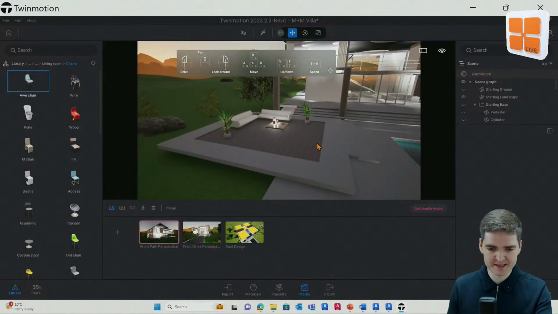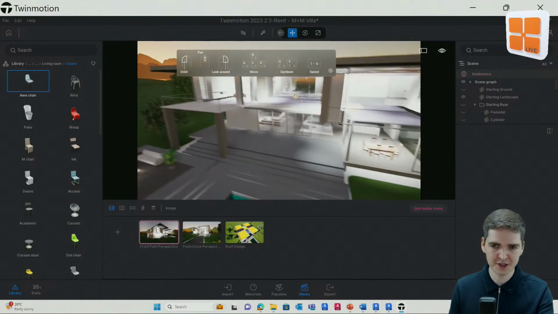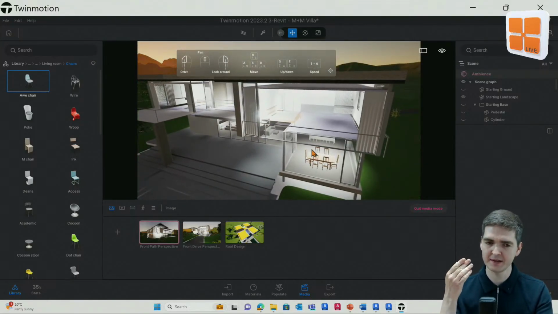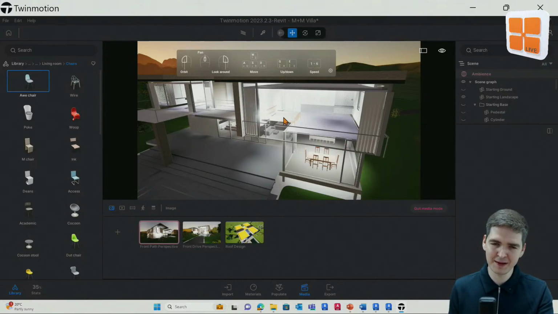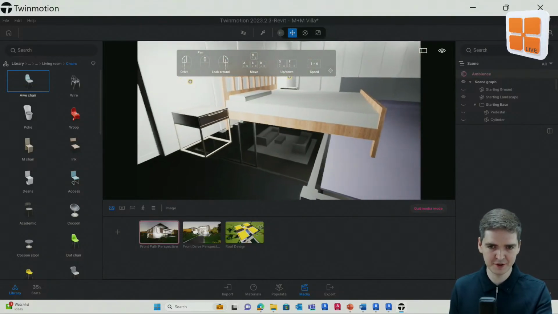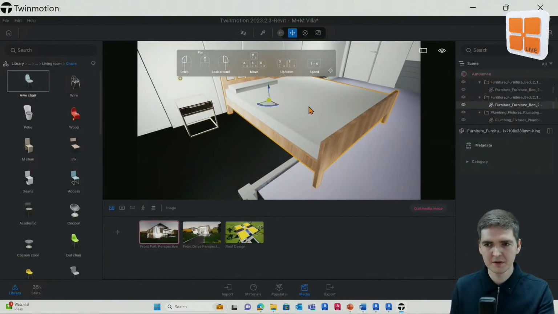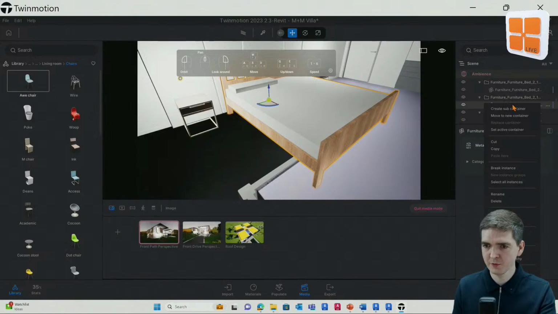You can also replace objects from the Revit model with assets from the Twinmotion library. It just replaces it in the Twinmotion render. But if you have a family which maybe looks a bit blocky or not that realistic in your model, you could use Twinmotion to replace it. I'm going to have a go at doing that with this bed that I've got, just by selecting it, right-clicking,